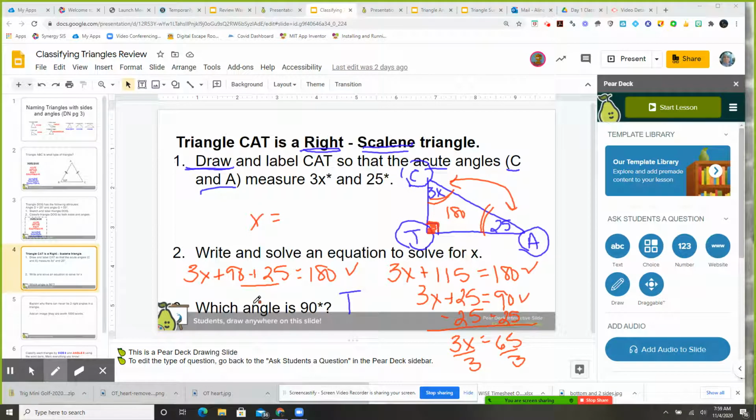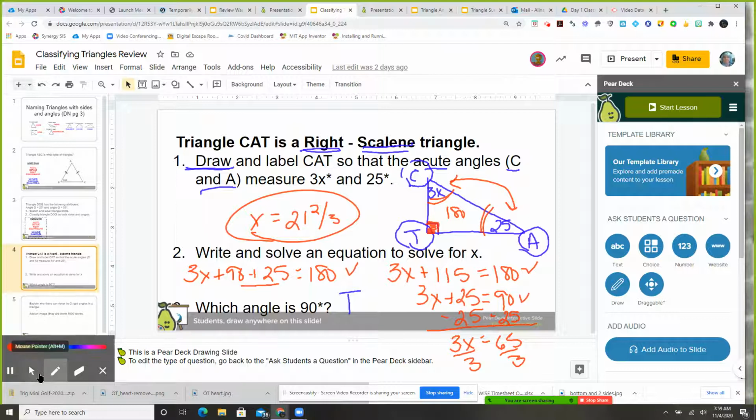We get 21.67, 21 and 2/3. Question mark? Can I get confirmation? Anybody? Yeah? Okay. We have to make sure we can